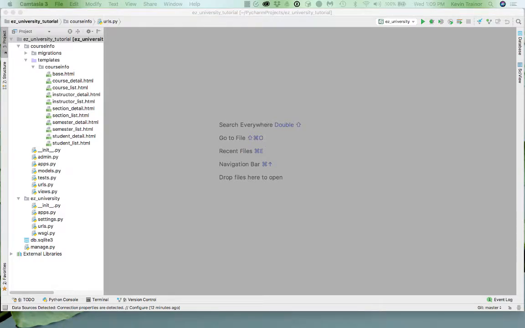Welcome to my tutorial for the link pages coding assignment. This assignment corresponds to chapter 6 in the Pinkham book Django Unleashed. The title of the chapter is Integrating Models, Templates, Views, and URL Configuration to Create Links Between Pages. We're going to use most of the stuff we've already covered, but we're going to